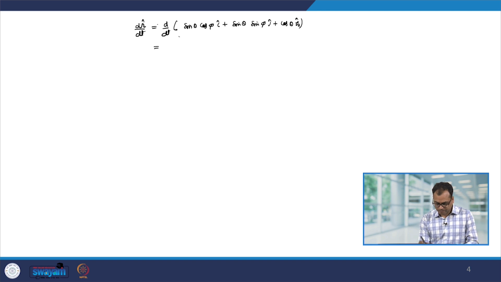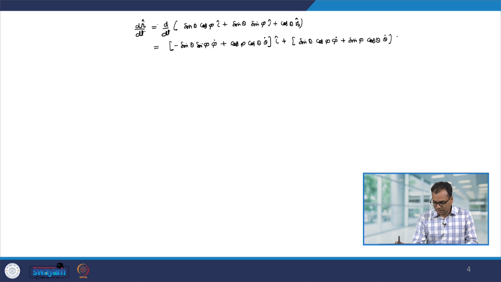So, it will be minus sin theta sin phi phi dot plus cos phi cos theta theta dot into i plus sin theta cos phi phi dot plus sin phi cos theta theta dot j plus minus sin theta